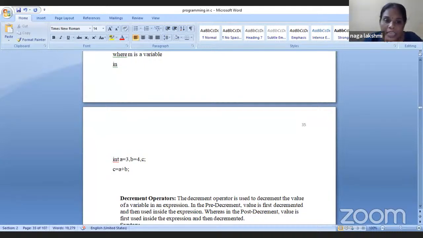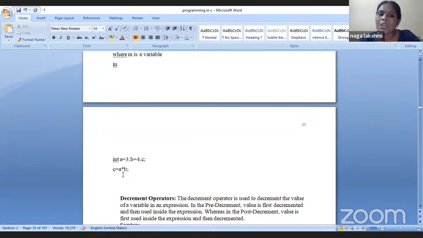I want to do addition. Instead of giving this plus symbol, I may give some star. Okay? Means here what I did, I have given int a equal to 3, b equal to 4. I want to do addition, but instead of addition I have given the wrong thing. c equal to a star b. Here the logic went wrong. I want to do addition, but what logic I applied here? Multiplication logic I applied here.